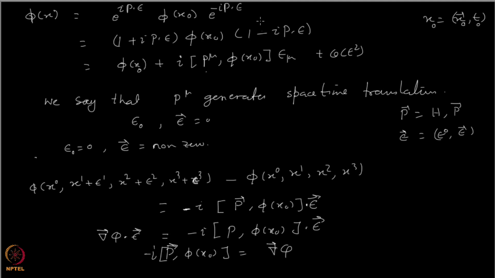Now, this was based on guesswork that the transformation of the field under space time translation would be of this form, which was a good guess, but now we are going to prove it. So, we will appeal to the Noether theorem, which we have used and which we have studied. So, recall that for infinitesimal transformations,